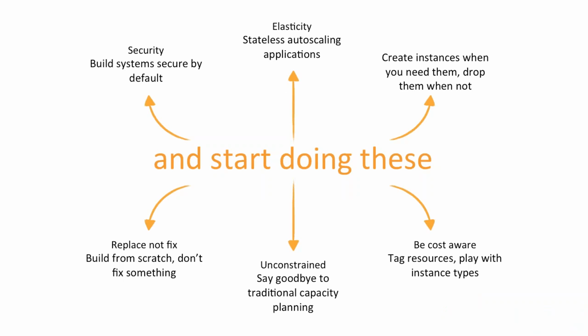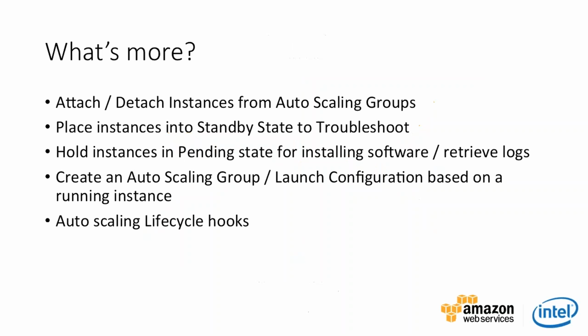Start doing this. Build systems secure by default. Stateless auto-scaling applications. Create instances when you need them and drop them when you don't. Play with instance types. Tag resources. Goodbye to capacity planning. You don't really need to do that anymore. Replace, not fix. So don't do in-place configuration. Just replace the server, throw it away, create a fresh one. Before we get into these advanced tips, let's see if